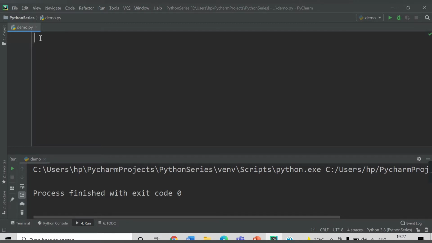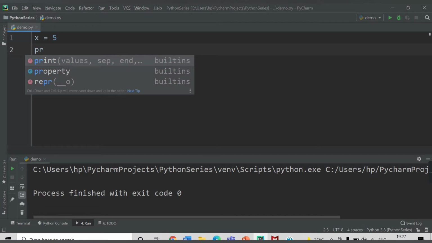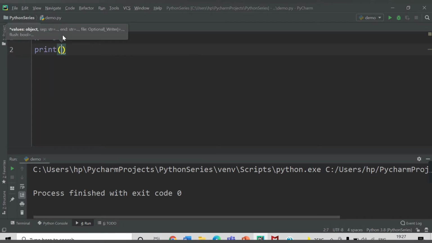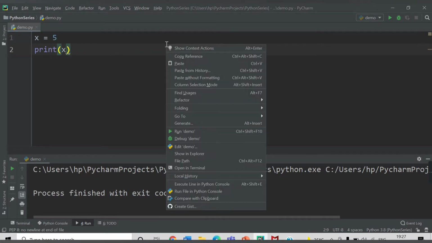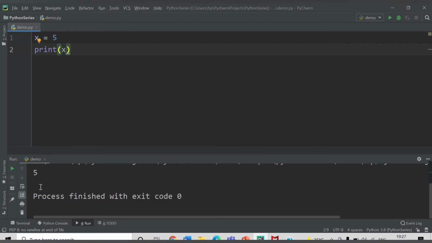Let's say we want one variable x in which I will be storing the value 5. So, x equals 5. We don't have to provide any semicolon here, we just need to enter this. So x will have the value 5. If I print x, you need to run it. By right click you will get the option run. See, you are able to get this value 5.